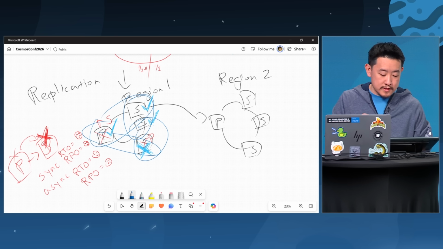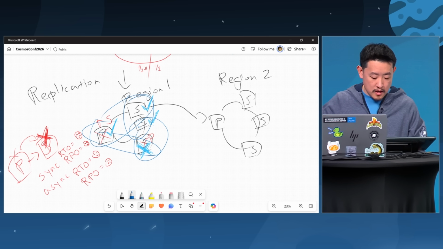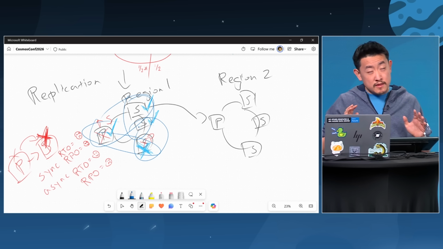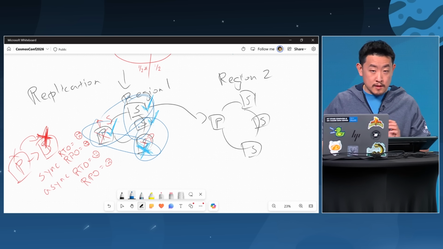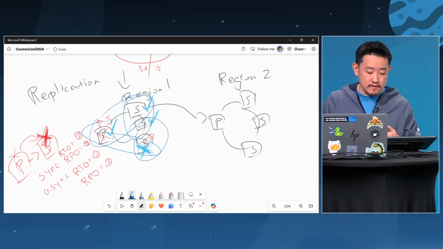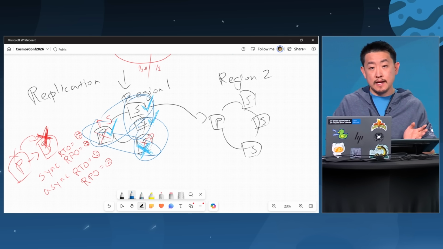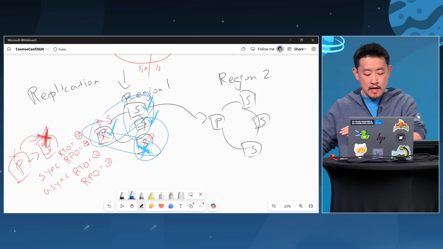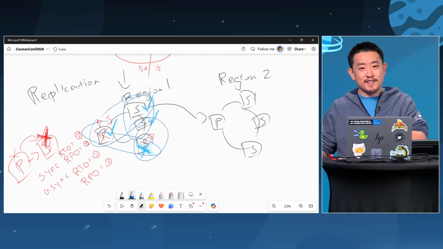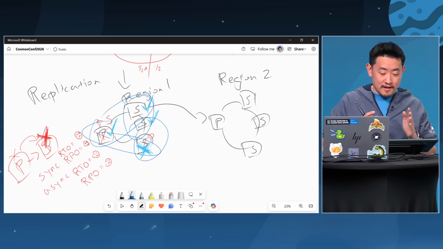And then across regions, what we do is we designate one of these secondary replicas to go and replicate over to another region. There's some slight caveats to that, depending on whether you're using strong consistency versus any of the other Cosmos DB consistency levels. If you're using any of the weaker consistency levels, you can think of it as we're doing an asynchronous replication over to the secondary region, and this is what gives you higher availability, faster RTOs, at the trade-off